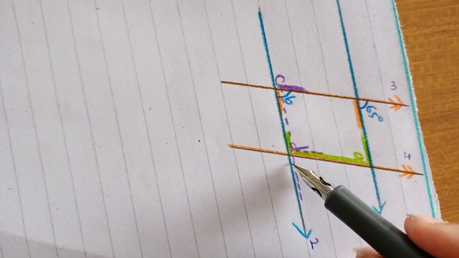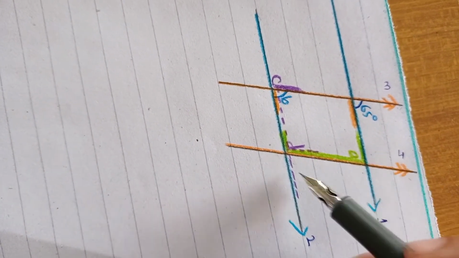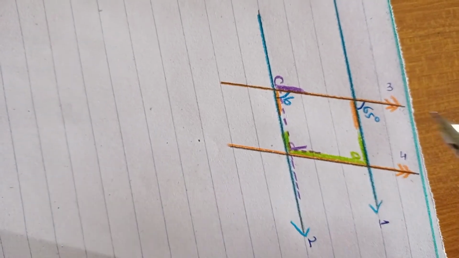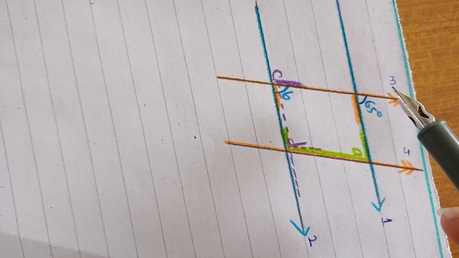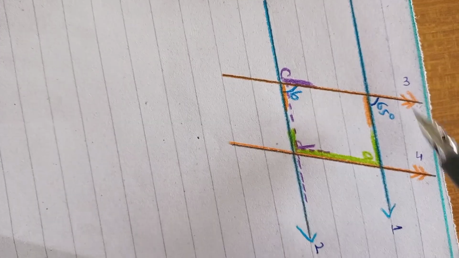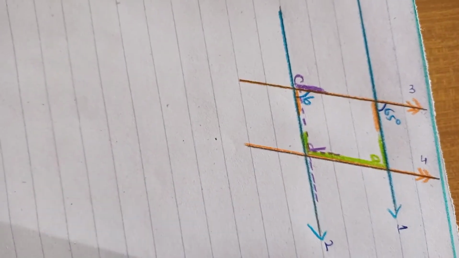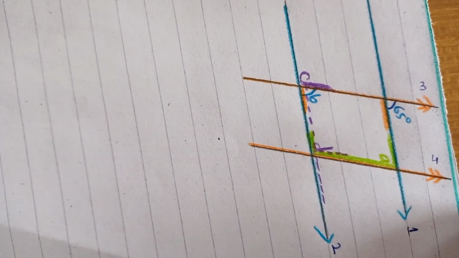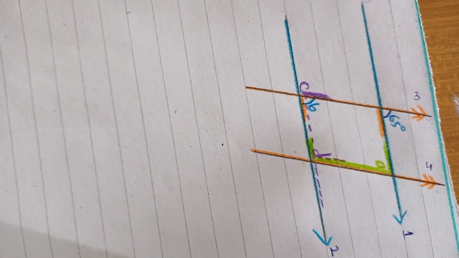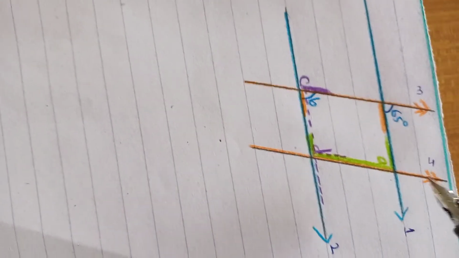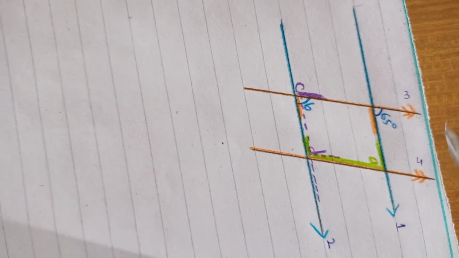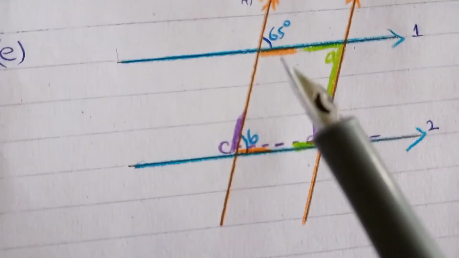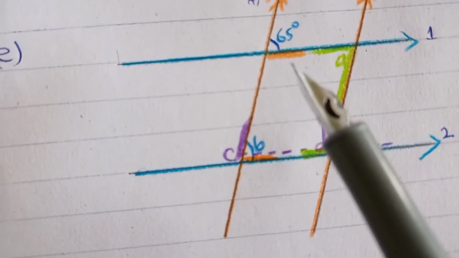If I imagine that 1 and 2 are not parallel lines but transversal lines, they are intersecting parallel lines 3 and 4. It means 4 parallel lines are given to you, and if you are choosing 1 and 2, then you have to consider 3 and 4 as transversals, and if you are choosing 3 and 4, you have to consider 1 and 2 as transversals. Now come back to your figure. I have understood the figure.